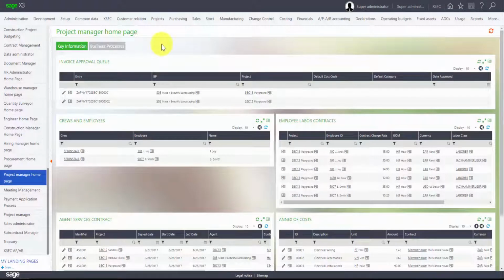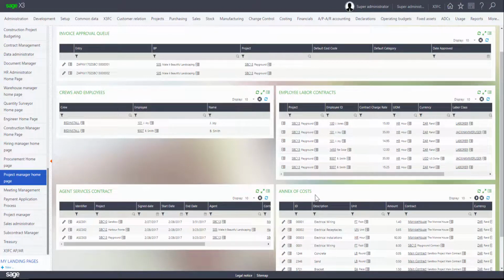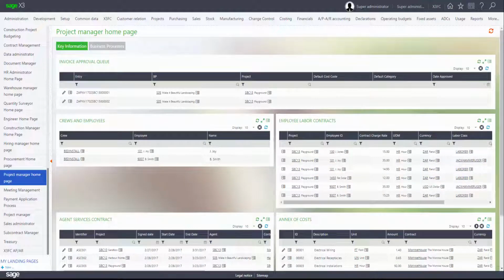Let's begin by looking at the landing pages. We have created landing pages, or home pages, for all major personas within the construction process. For example, the Project Manager homepage shows information the Project Manager would most likely want to see at a quick glance, such as the invoice approval queue, employees and crews, annex of cost, and contracts. Depending on permissions level, the internal IT department, or system implementer, can customize the landing pages to meet the user's